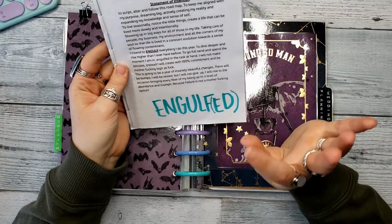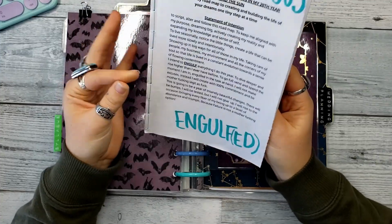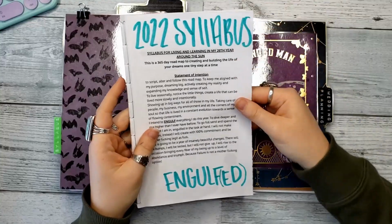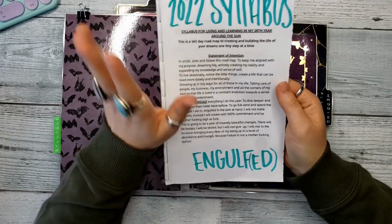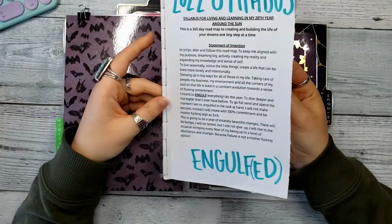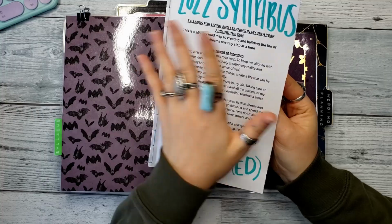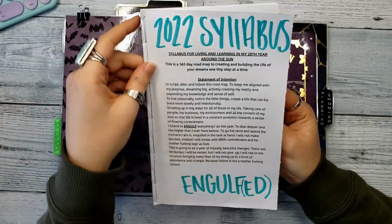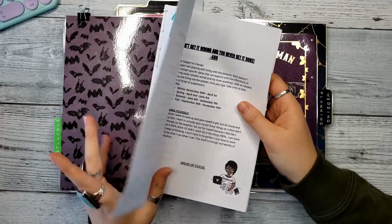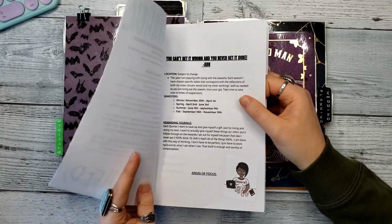Especially since I decided to try to break things down in terms of seasons for myself this year, I started it on the computer, but I'm adding things to it as I go. I printed it out on big letter paper, two to a sheet. I ripped them in half, and then I did an impromptu binding on it to hold them all together. But basically it's just my intention for the year,